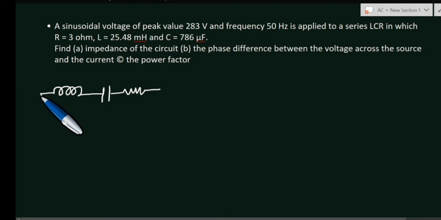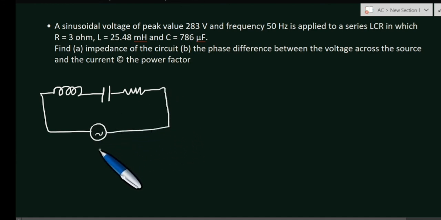So this is a LCR circuit connected to an AC source, and they have given the peak value. Here they have given V0 value that is equal to 283 volt, and frequency is given, the frequency value is equal to 50 Hertz,